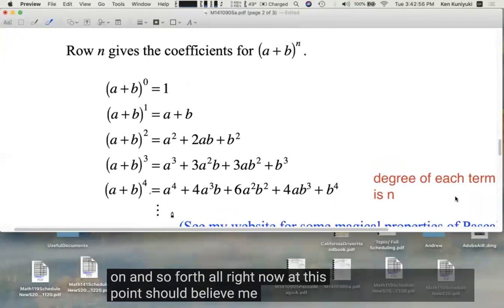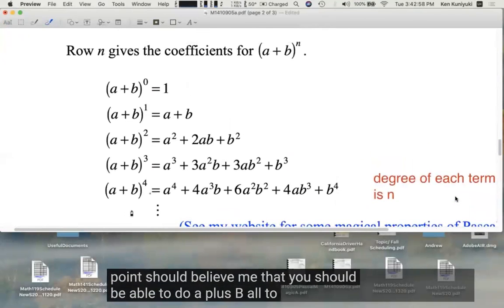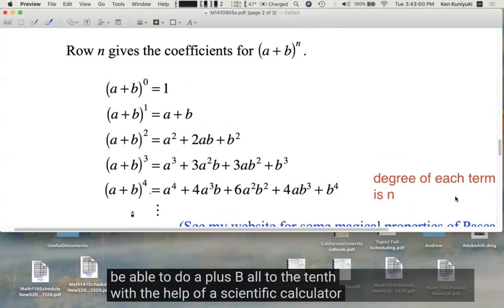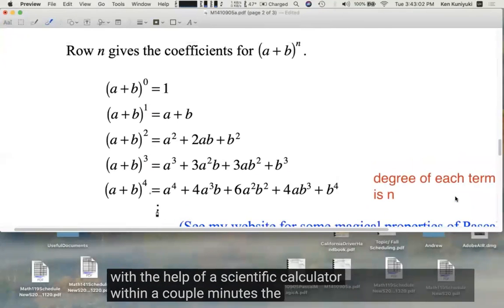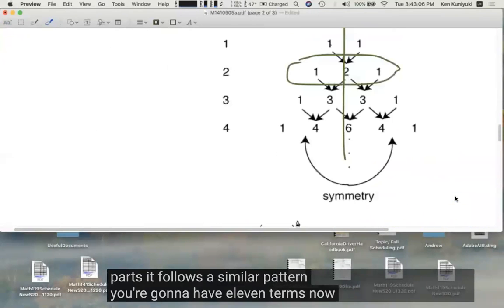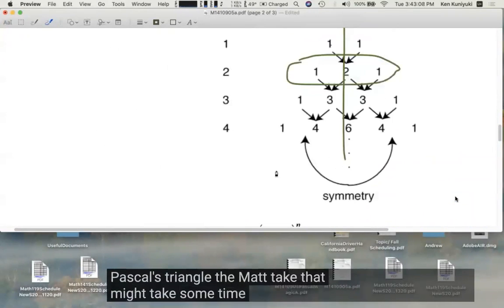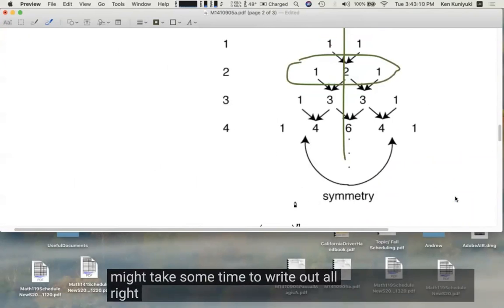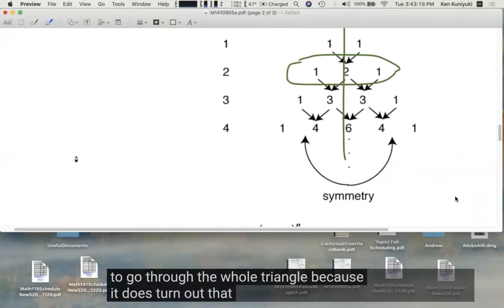Now, at this point, you should believe me that you should be able to do (a + b) to the 10th with the help of a scientific calculator within a couple minutes. The variable parts follow a similar pattern. You're going to have 11 terms. Now, Pascal's triangle might take some time to write out, right? Bear in mind, though, you don't have to go through the whole triangle,